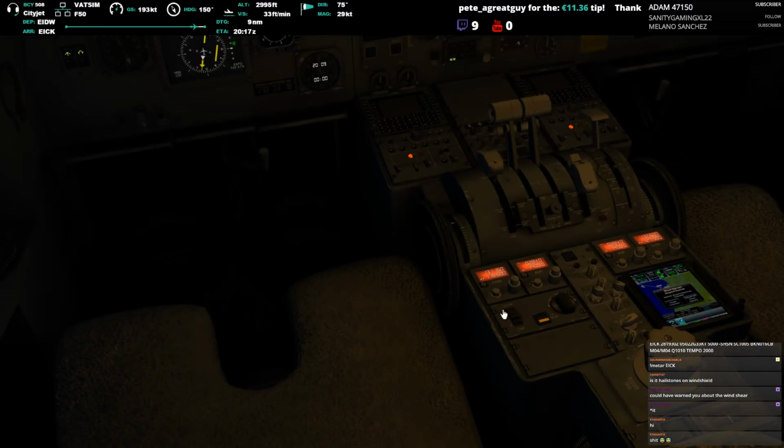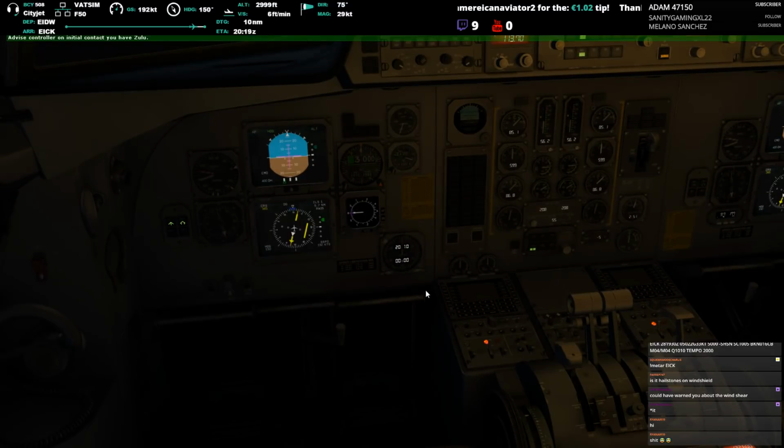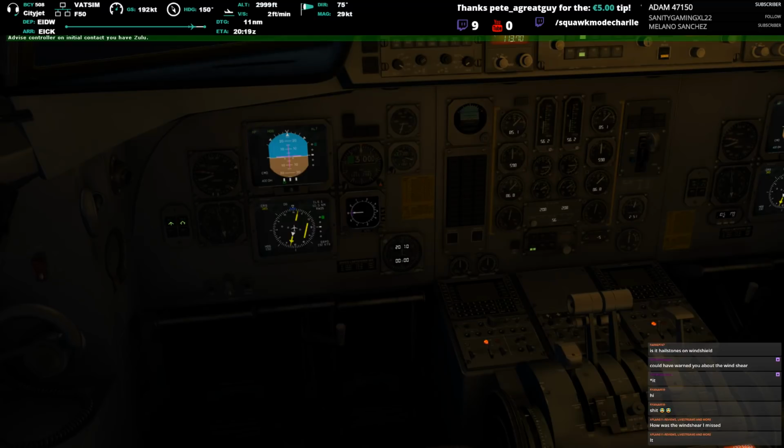Right, just get the weather. QNH 1011, 06. Advise on initial contact. You have information Delta. This is information Delta at time 2000. Expect ILS approach. Runway 35 in use. Transition level 65. Wind 060 degrees 20 knots. Visibility